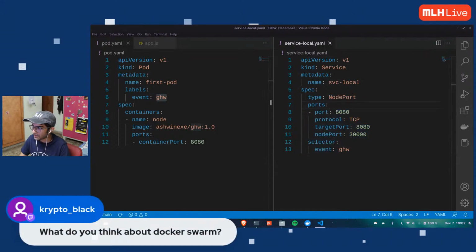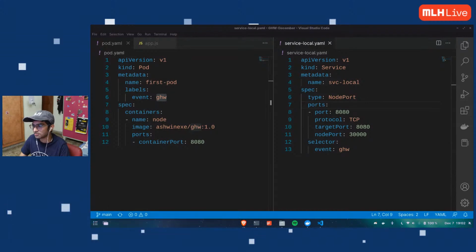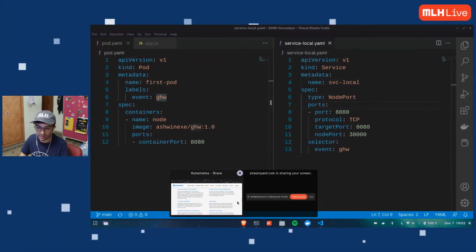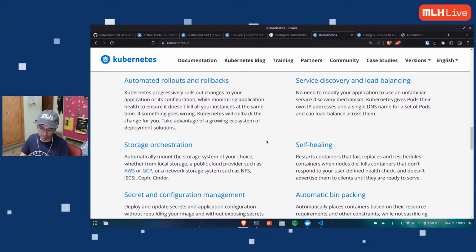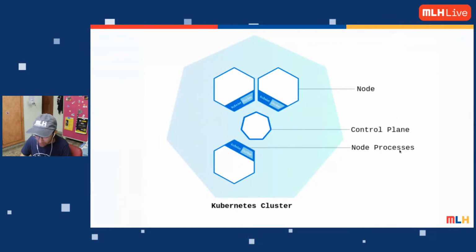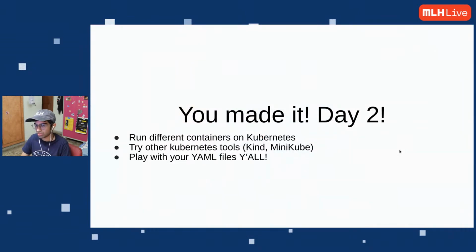So yeah, what do I think about Docker Swarm? I've not tried it yet, but there's Docker Swarm. There is Docker Compose, which we can use to containerize multiple images. I won't get into that because that's more into containerization. Our agenda was, we know containerization, just one way is fine, whatever way you like. After that, we'll focus more on Kubernetes, but Docker Swarm is pretty cool. Now, that said, I guess we are good with the demo for today.